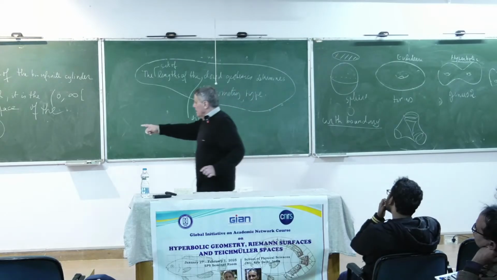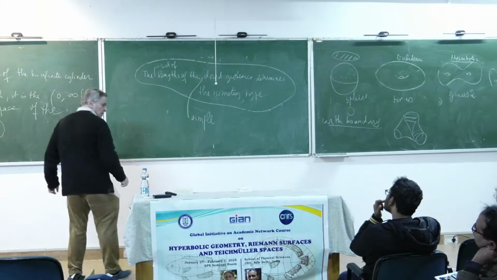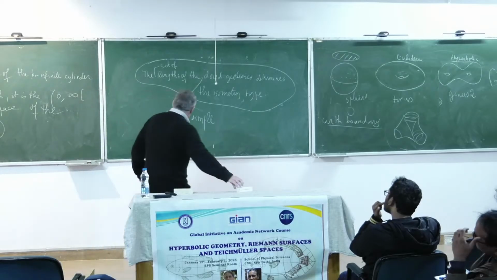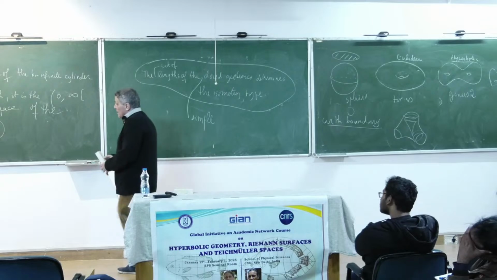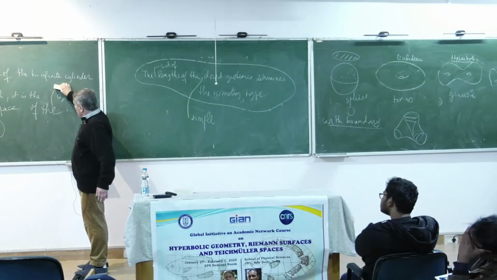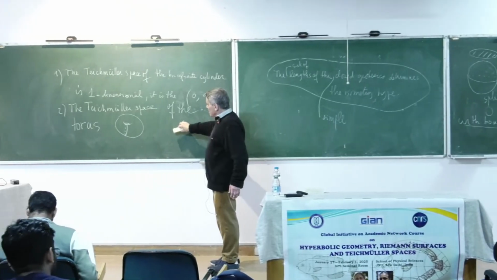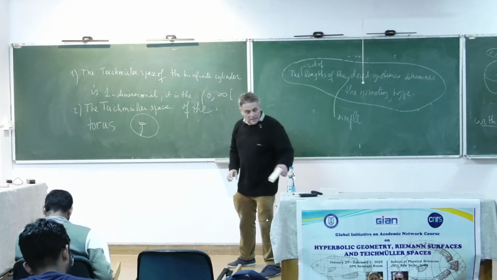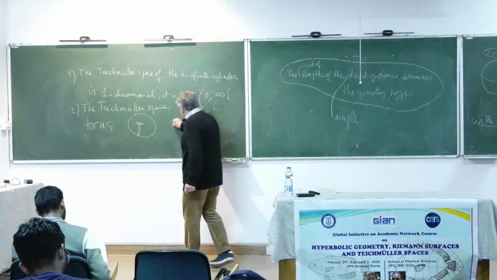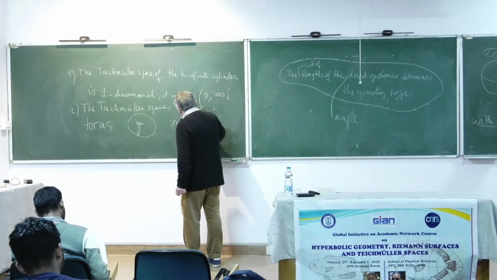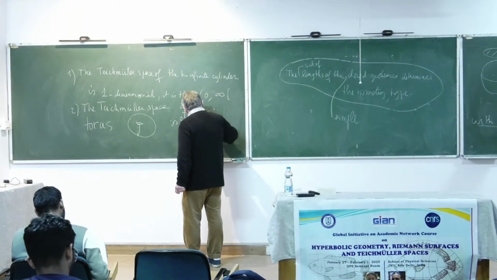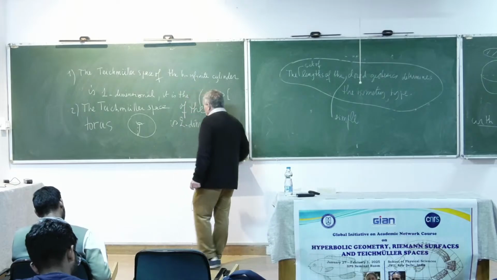So let me finish my sentence here. So we more or less understand that this is one-dimensional for the Teichmüller space of the torus. Now it's two-dimensional. This is two-dimensional,